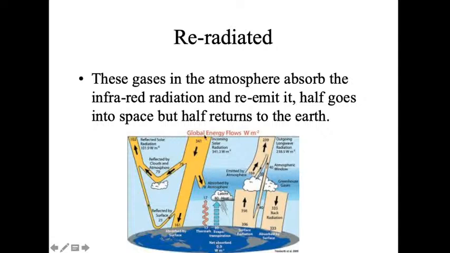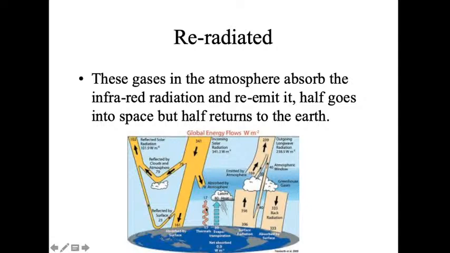So of that 30% of the incident radiation that is reflected, 70% is absorbed by Earth, which will be re-emitting all of that, and then approximately 50% will be returned to Earth because of these greenhouse gases. They'll be absorbing the infrared radiation and re-emitting it. So as one of those carbon dioxide or water or methane molecules is